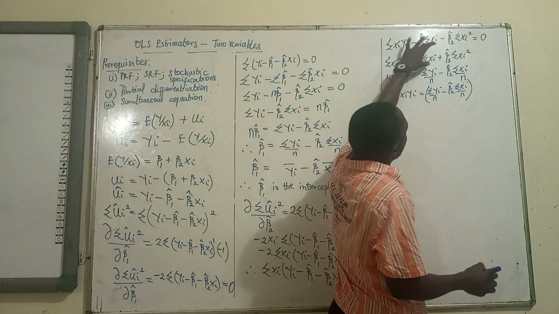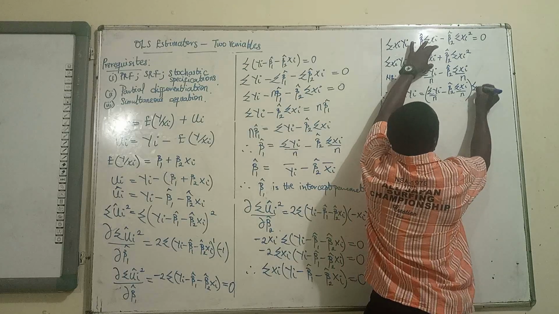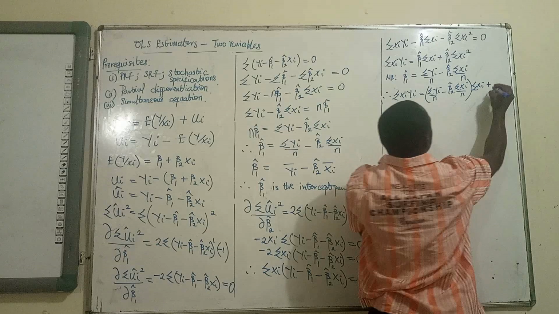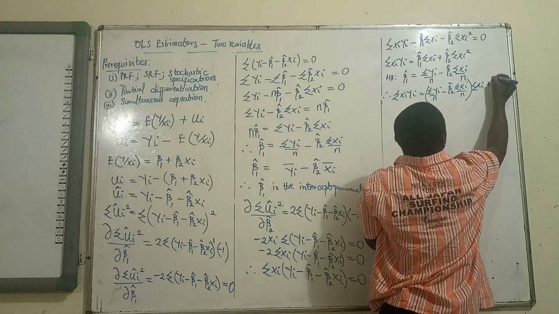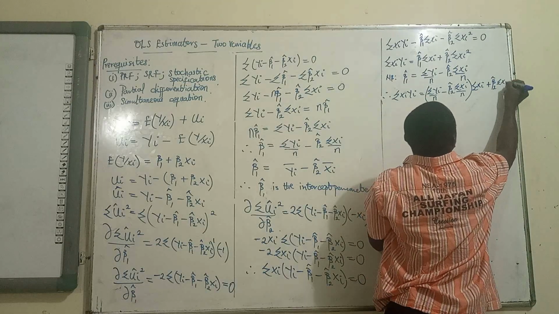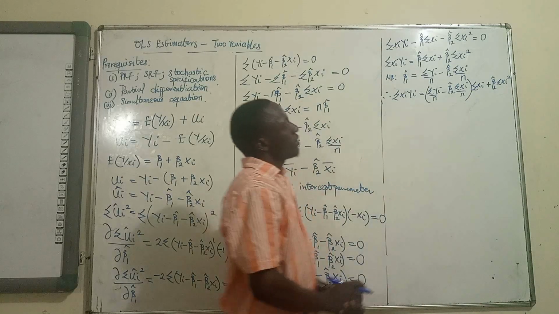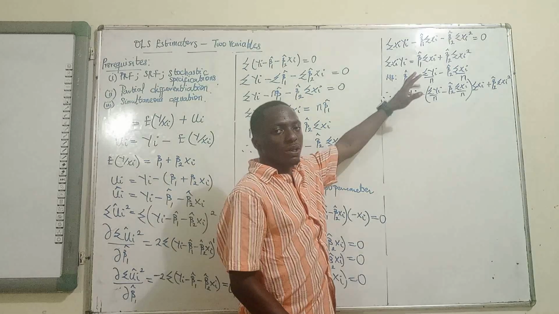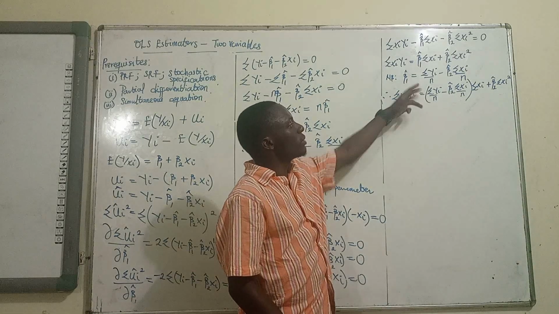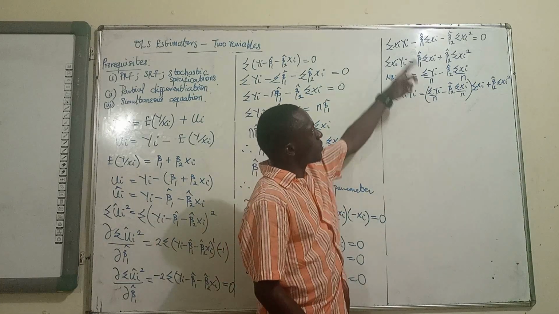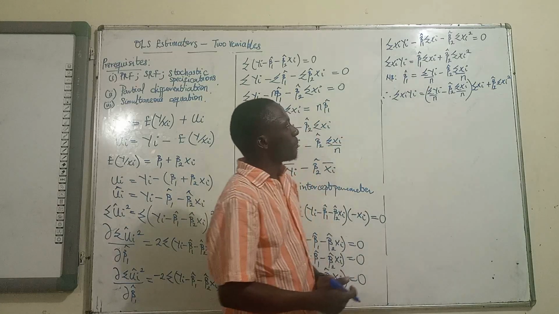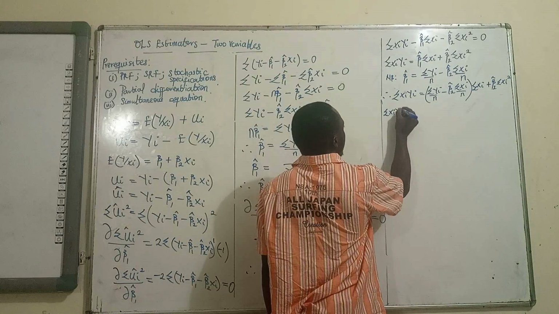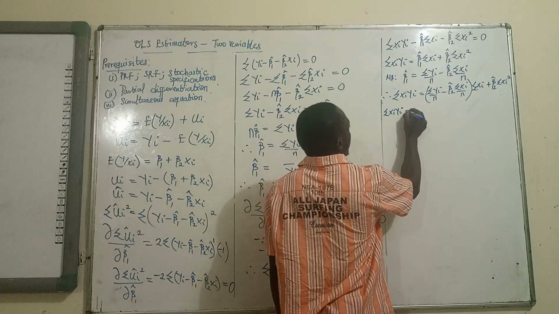So everything here is multiplied by summation xi plus beta 2 cap summation xi squared. So we just make a little substitution here. What we have as the value of our beta 1 cap, we substitute that back into here. So we have summation xi yi equals